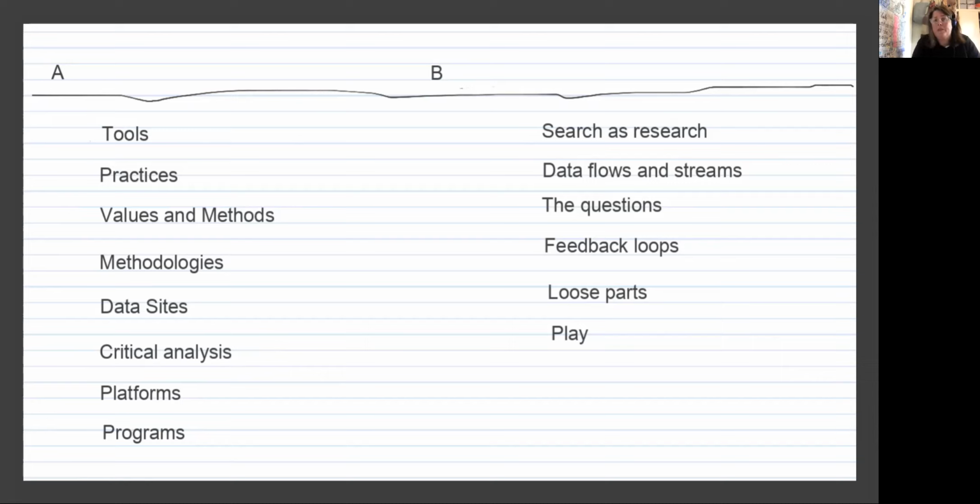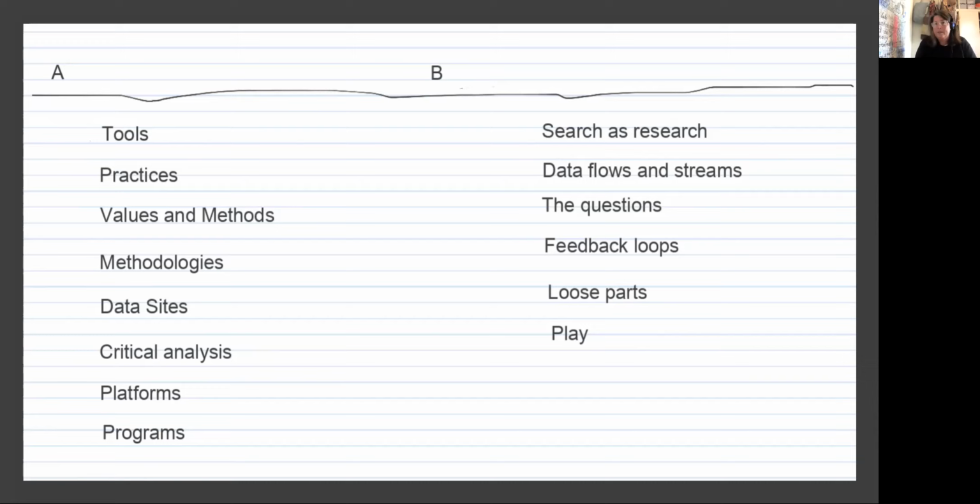So side B, which is really the best side, is the bit where we've begun to think about what the product and outcome of such a collaboratory might be. Instead of thinking about values and methods and methodologies, we've come to think about searching as researching. How do we shift a method, a practice, into this continual exploration of what's actually happening in this moment in time, looking at the world as data creatives, not just as artists, not just as a creative industry collaboratory, but rethinking what those things might be